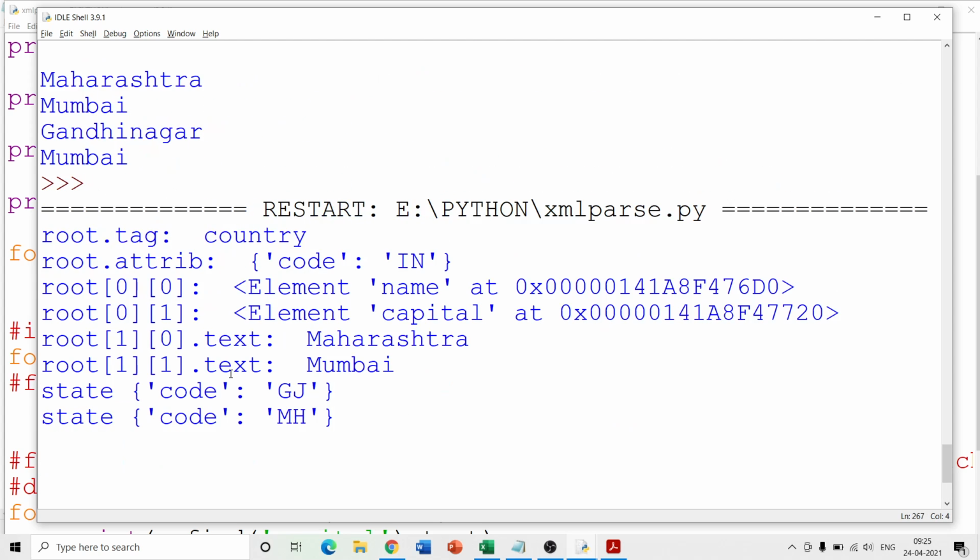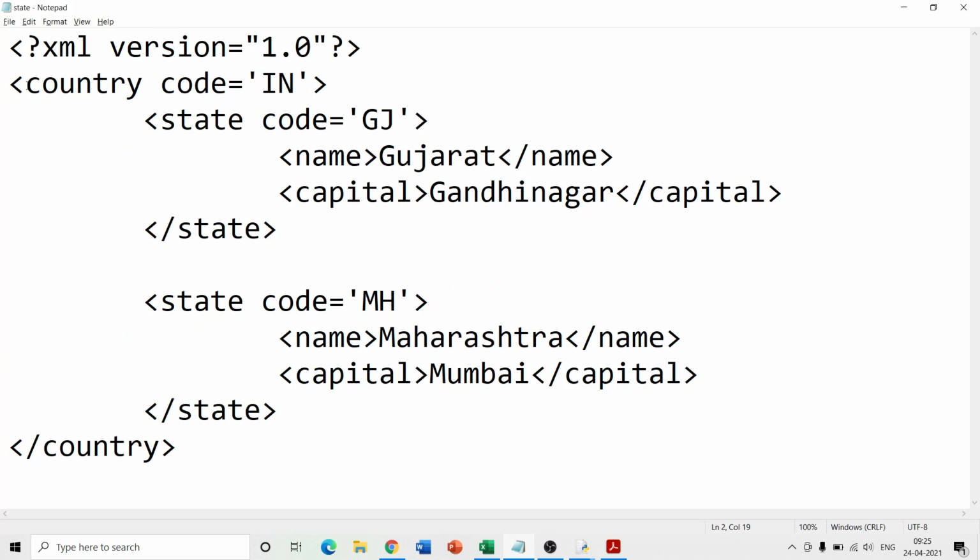Just try to observe. Yes, root.attrib is this. Now here we are getting child.tag and child.attrib. That means the child.tag for the country tag. This is the main tag which is root and its child is state.